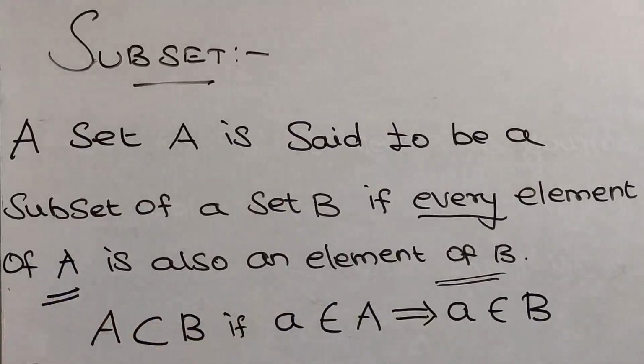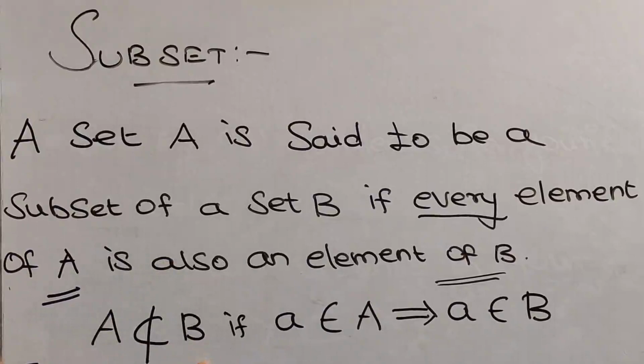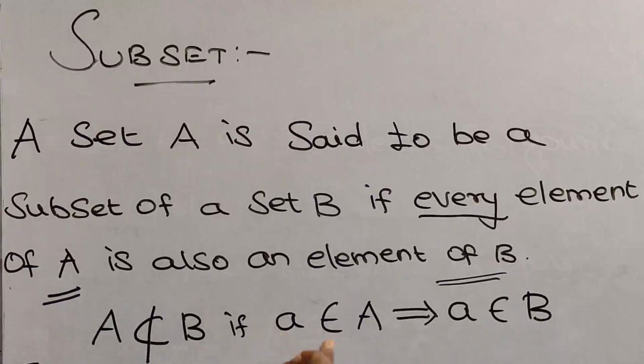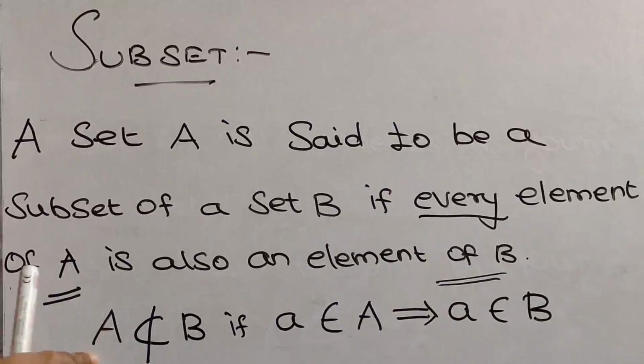If A is not a subset, just put the subset symbol and put a cross. Okay, if A is not a subset of B, that's what we write like this: A is not a subset of B. Okay, you know how to write does not belong to, element does not belong to. Element does not belong to means the epsilon symbol and we'll put a cross, right? So same here also, A is not a subset means put the subset symbol and put a cross. Okay,